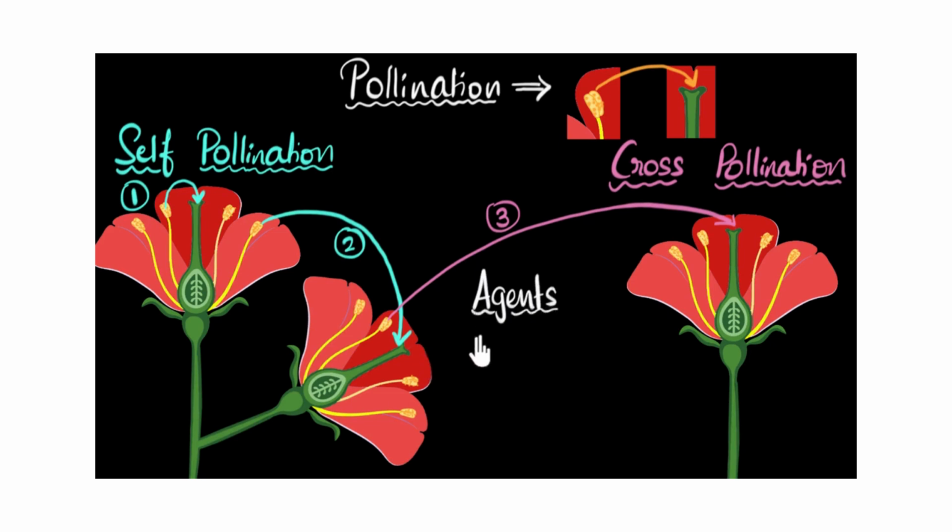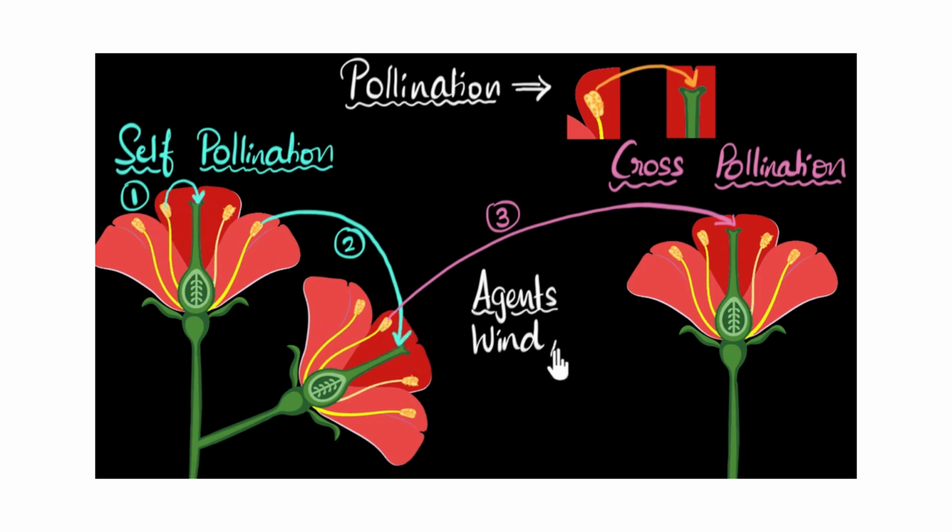One of the most common agents would be wind. The pollen grains will just get sprayed into the air, and then the wind will be the one that carries it forward. And because both the pollen grains and the stigma are very sticky, when the pollen grain comes very close to that stigma, it'll just stick to it. And of course, in some cases, they are not sticky, but they are very hairy. Even then, the pollen grains will get entangled very nicely with the stigma and get stuck to it. And pollination happens. So with wind, self-pollination can easily happen because the stamen, the pollen grains and the stigma are very close to each other.